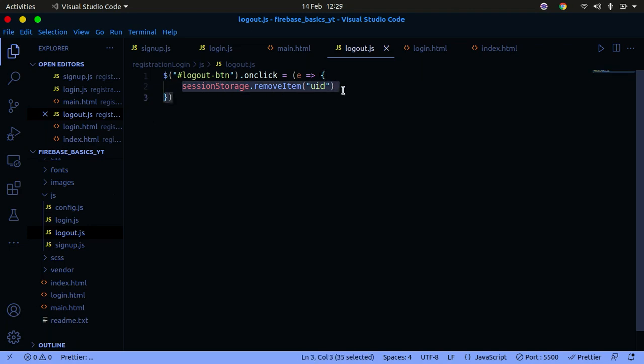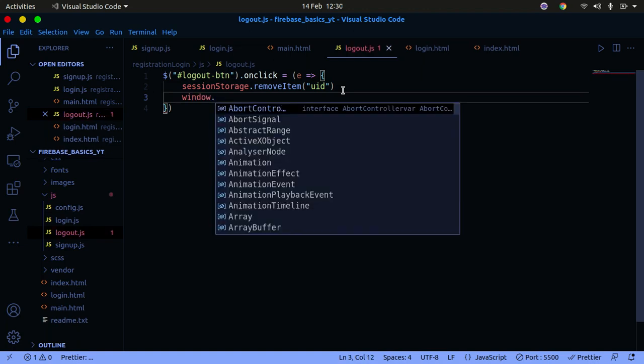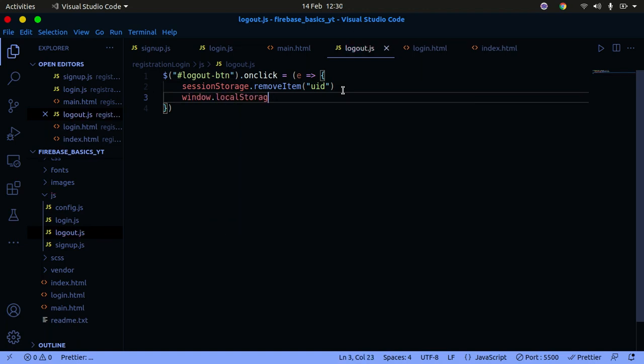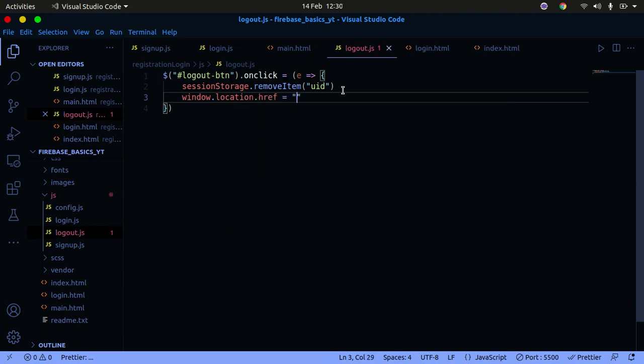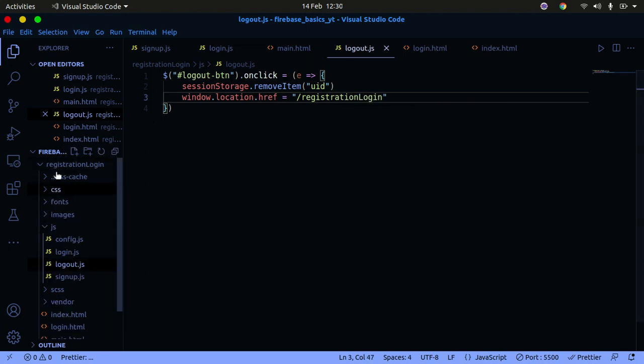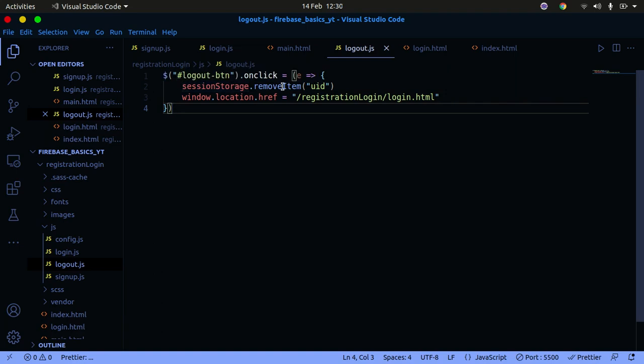Because of the key value pair, you want to remove the element, the UID tag, and then also simply say window.location.href, and you want to direct the user to /registration login, which is the name of our project folder, /login.html. Okay, so that's all we want to do. If a person clicks this button, we want to simply go ahead and